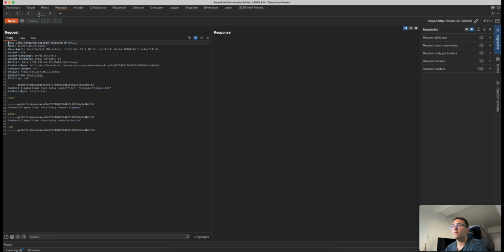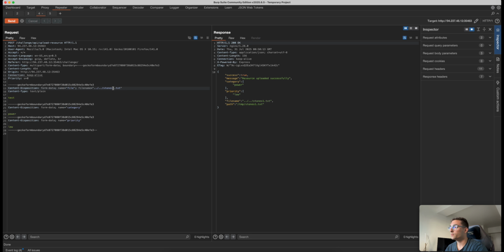So here, if I modify this request slightly and, for example, change the stones to anything, it can be stones1, for example, but I modify the file name to include the directory traversal payloads, for example, like this one, because of the simple naive join of the directories. In this case, we have the resources and the original name of the file. We'll be able to escape this directory and upload this file to an arbitrary directory in the system or the web server. So if I send this request, we can see now that the file name is going to be stones.txt,